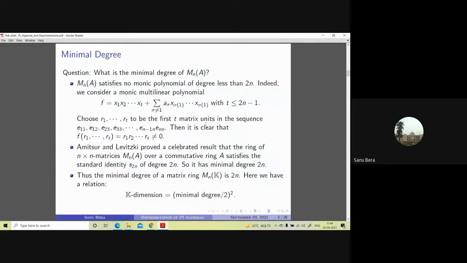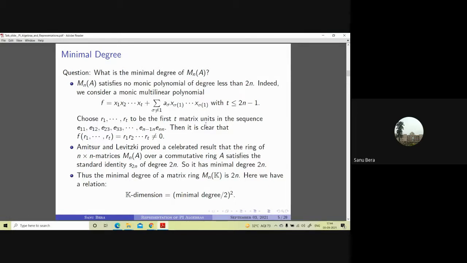So we consider f, which is a multilinear polynomial of degree t, where t is less than or equal to 2n minus 1. Without loss of generality, we can assume that the coefficient of x1, x2, ..., xt is 1. If 1 occurs in another place, it is no problem. Here we choose suitable r1, r2, ..., rt in the matrix algebra, or matrix ring, in such a way that